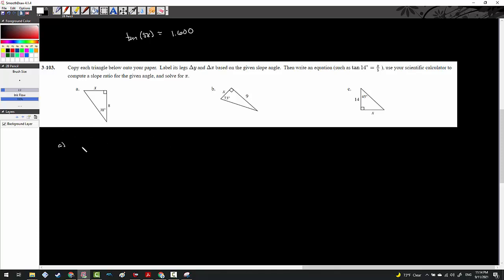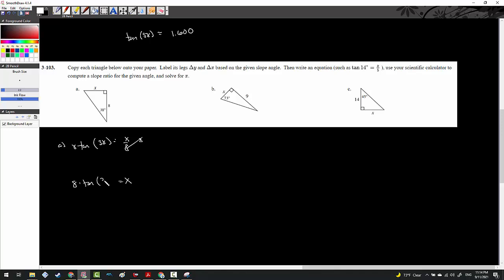So in part A, I'll go and say tangent of 38 is equal to x over 8. And now I'm going to go and solve for x. How do I do that? Well, remember, it's just integrated 1. We're just going to try and get x by itself, right? And so I'm going to go ahead and multiply both sides by 8. So now what I get is x is equal to 8